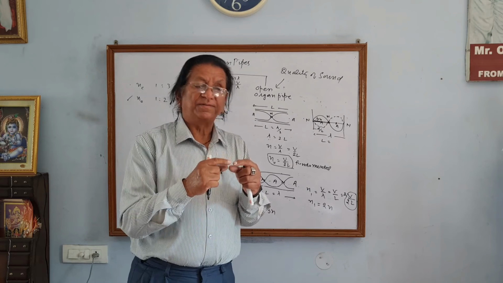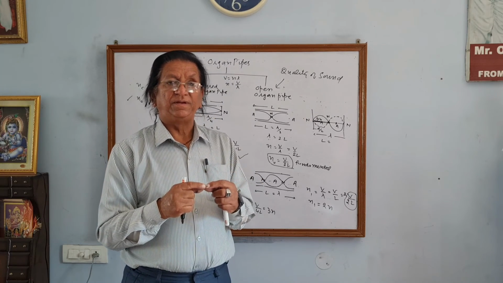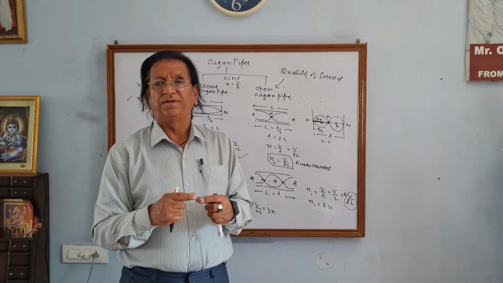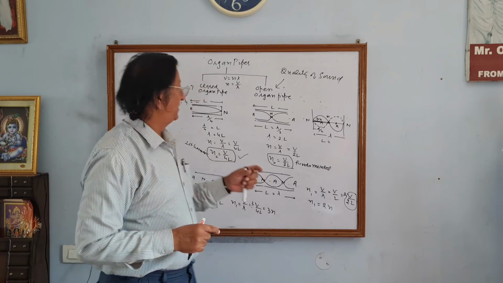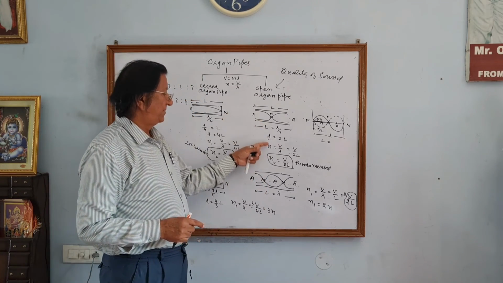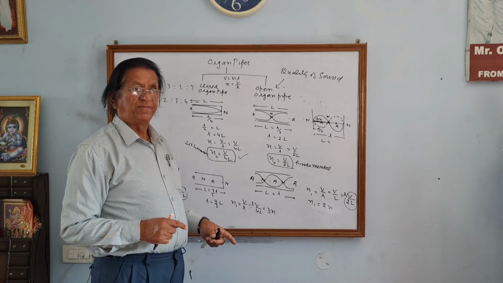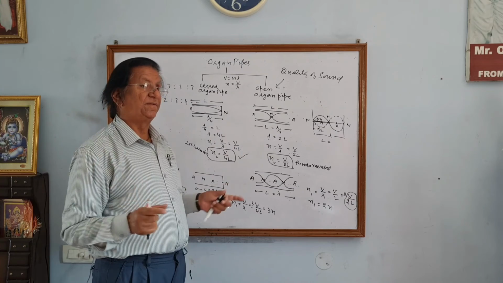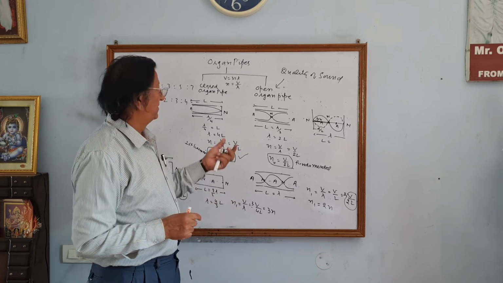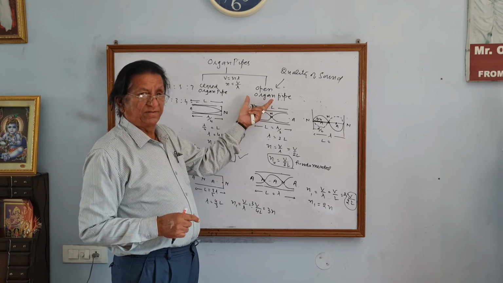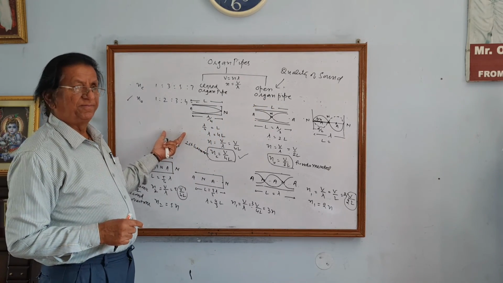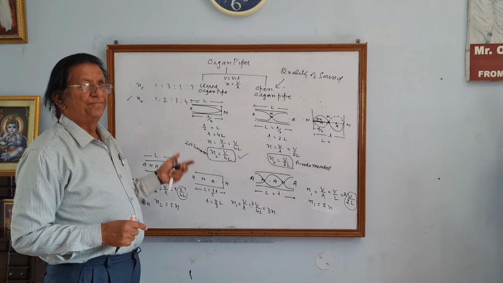इसलिए quality of sound किसकी अच्छी होगी, इस sound के अंदर जो frequency में ओवरटोन ज़्यादा होंगे। तो आपने क्या देखा इधर, ऑर्गन पाइप ऑल overtones are present, 1 time, 2 time, 3 time, 4 time, 5 time, all frequencies are available. So therefore the quality of sound produced by this open organ pipe will be better than the quality of sound produced by closed organ pipe. ये ध्यान रखना।